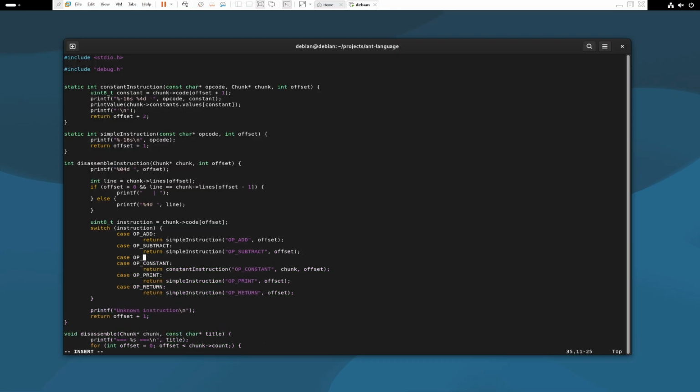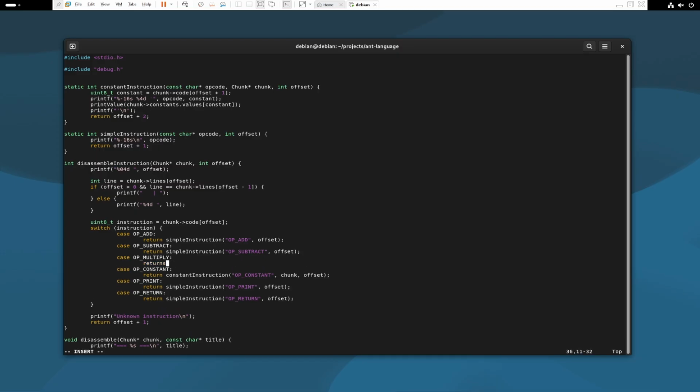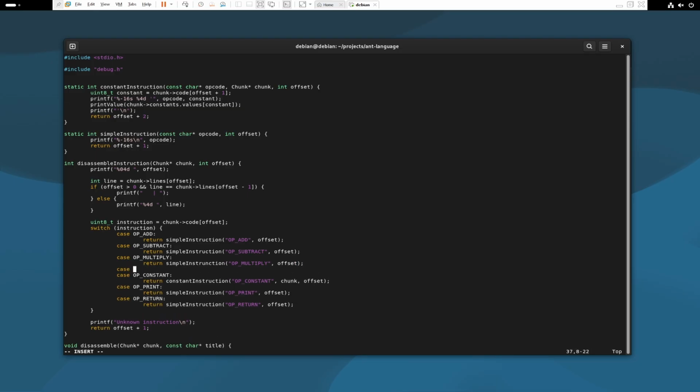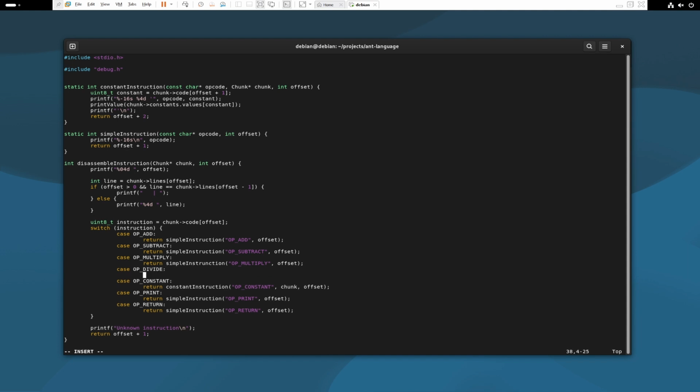And case of multiply, we will return simple instruction, op multiply offset. And finally for op divide, we also return simple instruction, op divide